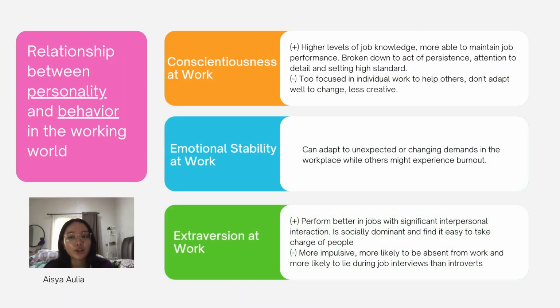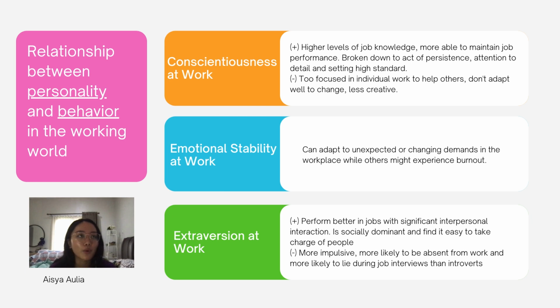Okay, so now I'm going to talk about the relationship between personality and behavior in the working world. The types of personality I'm going to talk about are the ones mentioned in the previous slides: conscientiousness, emotional stability, extroversion, openness, and also agreeableness. Conscientious people at work can be seen having higher levels of job knowledge. They're also more able to maintain their job performance. These types of conscientiousness can be found in the forms of persistence, attention to detail, and also setting high